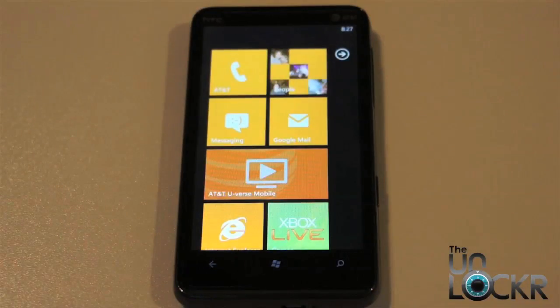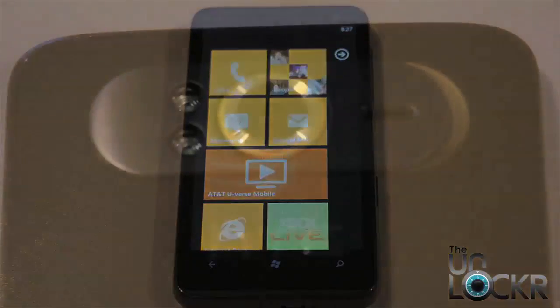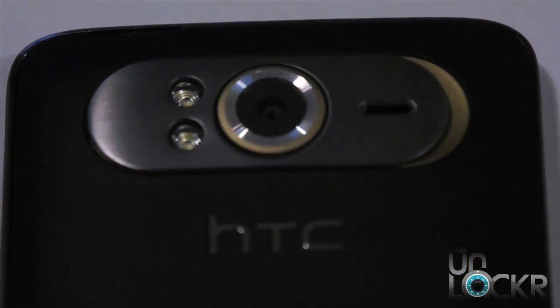Let's focus on the hardware. Almost all of the hardware on the HD7S is identical to the original HD7. It's got the same 4.3-inch capacitive touchscreen with 800 by 480 resolution. Dimensions of the device are exactly the same. It's got the same 16 gigabytes of internal storage, the same 1 gigahertz Snapdragon processor, and 576 megabytes of RAM. It has GPS, Bluetooth, and Wi-Fi all on board, and even the same 5.0 megapixel camera with dual LED flash